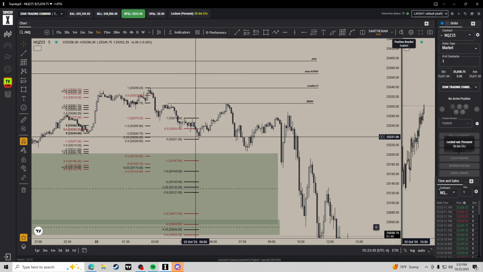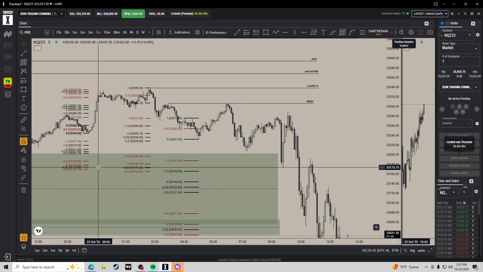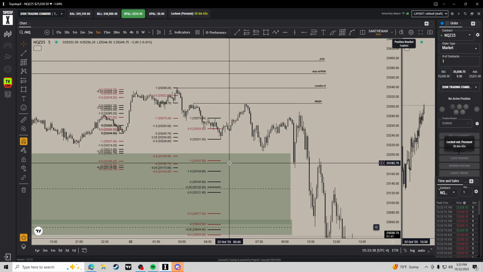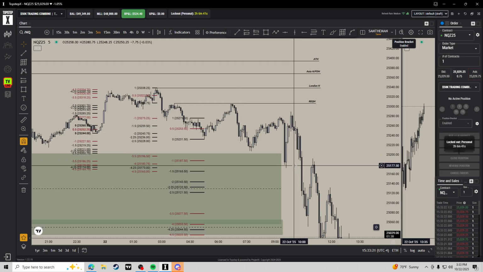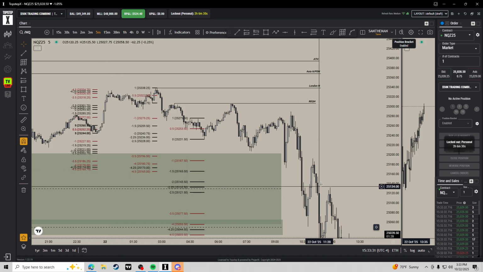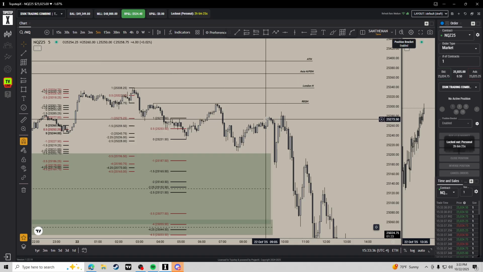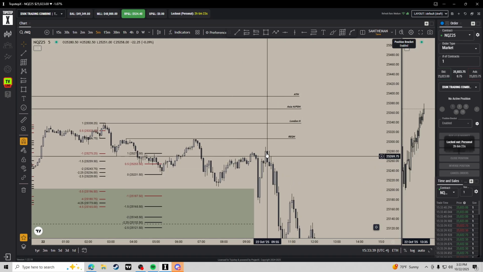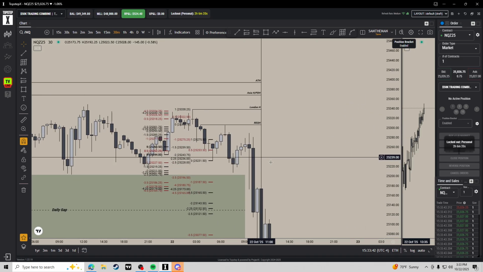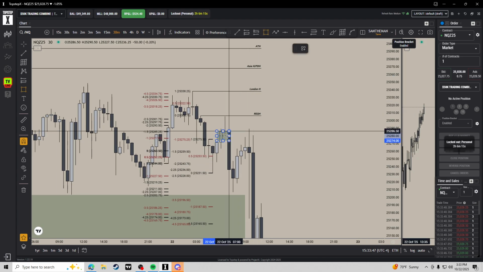But yeah, we ended up based off of this London right here. I saw that we came down and we hit this -1, and then we also had our Asia range, which we hit our -4.25 on. And this is the one that I didn't take because we didn't get a sweep of liquidity. Even though we hit almost full range, I still would want to see a sweep down going into that -4.5 for at least a good reversal. And that's a lot of points. But even though this 5-minute closed up here, I was still bearish because we had this 30-minute right here that we ended up respecting, and I was going to enter off of this.